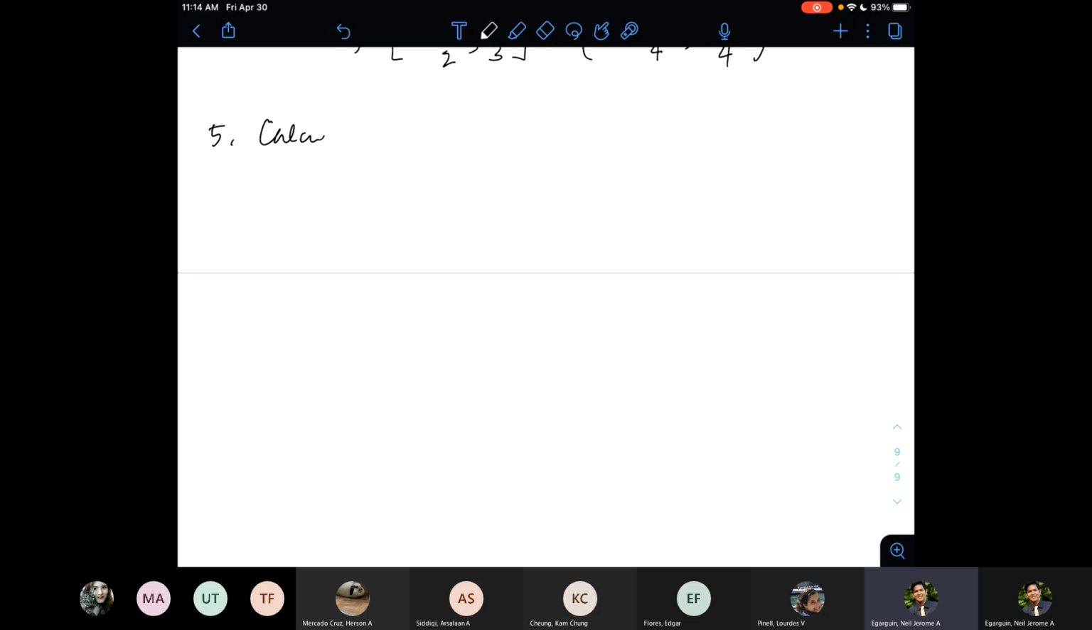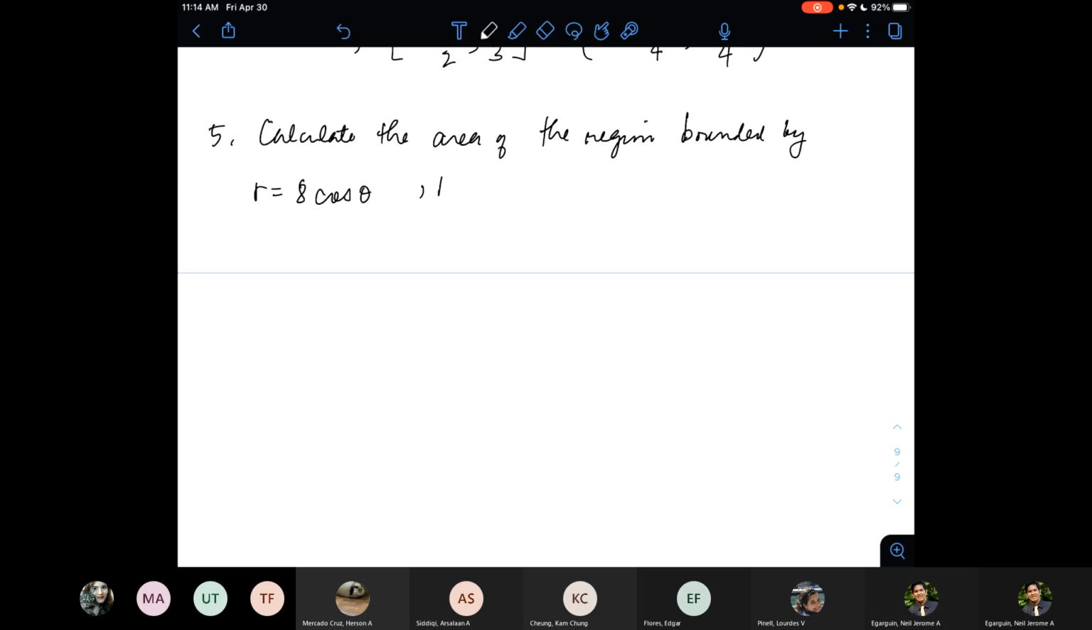So you want to calculate the area of the region bounded by r equals 8 cosine theta, r equals 8 sine theta, and the rays theta equals 0 and theta equals pi over 4. I think here we need to split the region of integration,